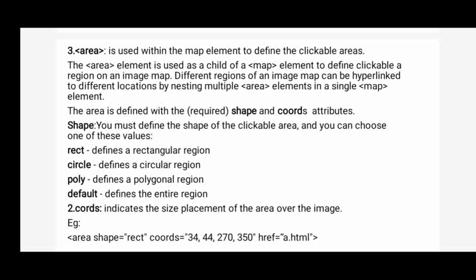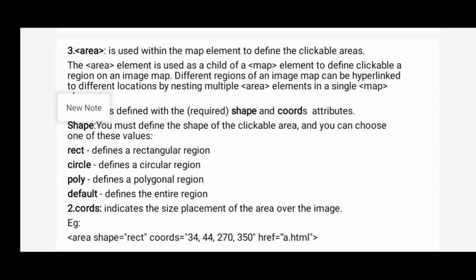I have given different shapes: rectangle, circle, polygon, the default. In which style the clickable area should be, either circle or rectangle, is given by the shape attribute.